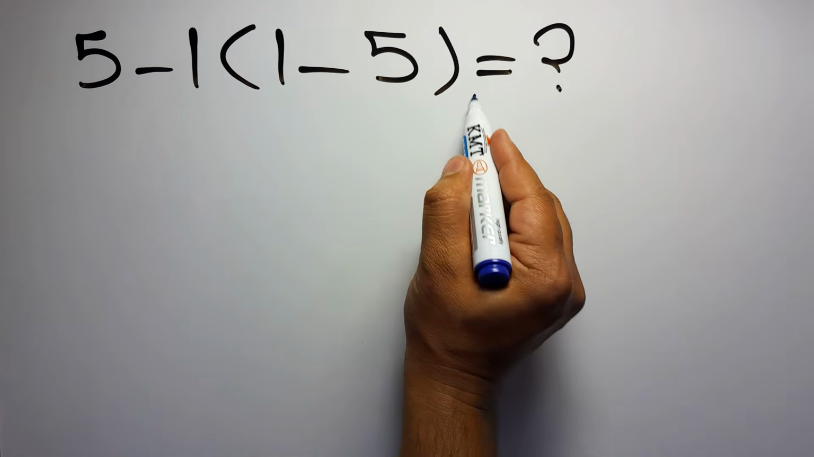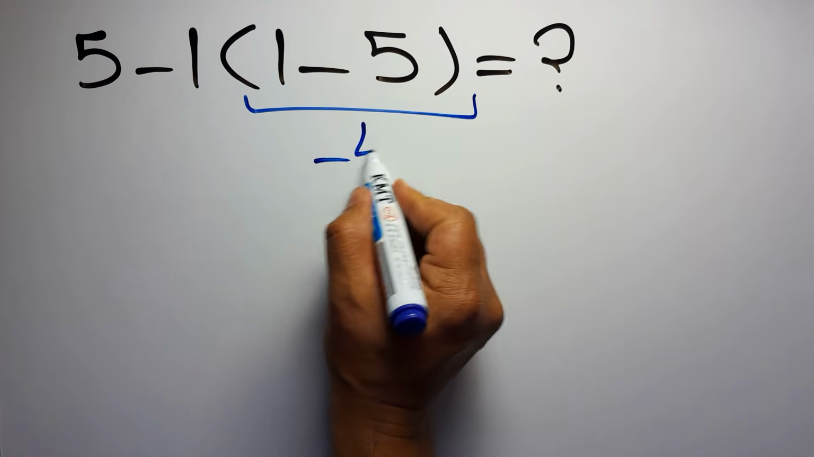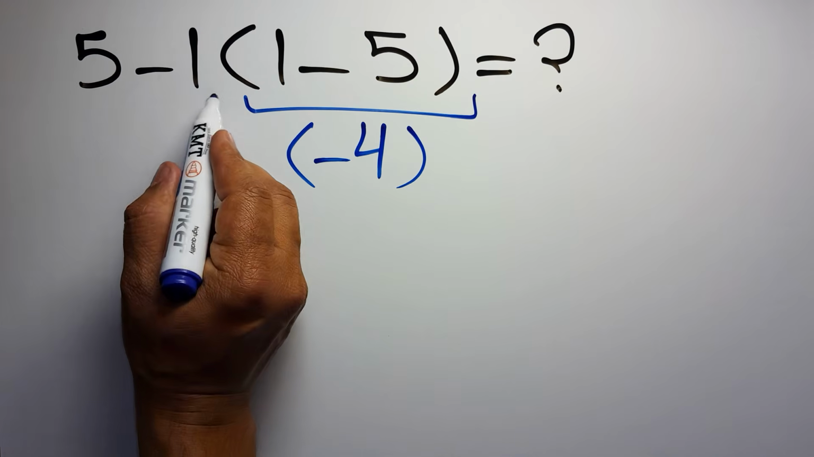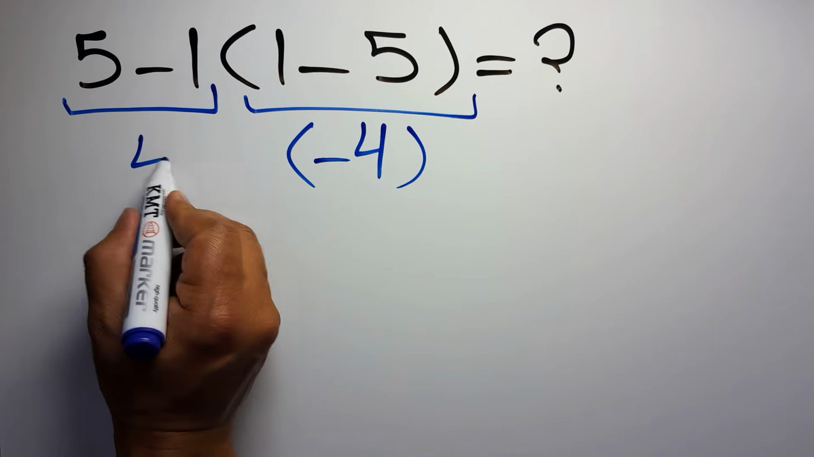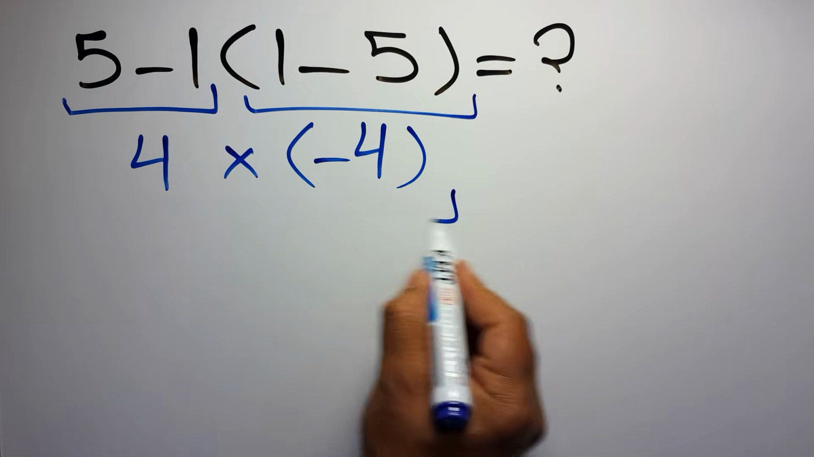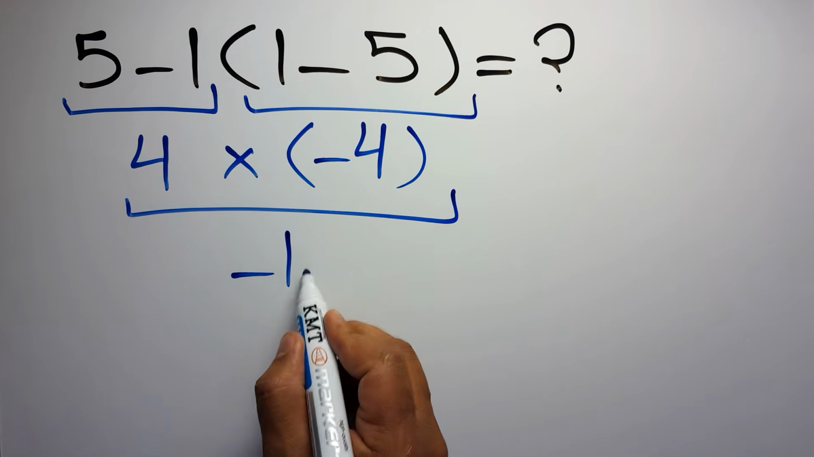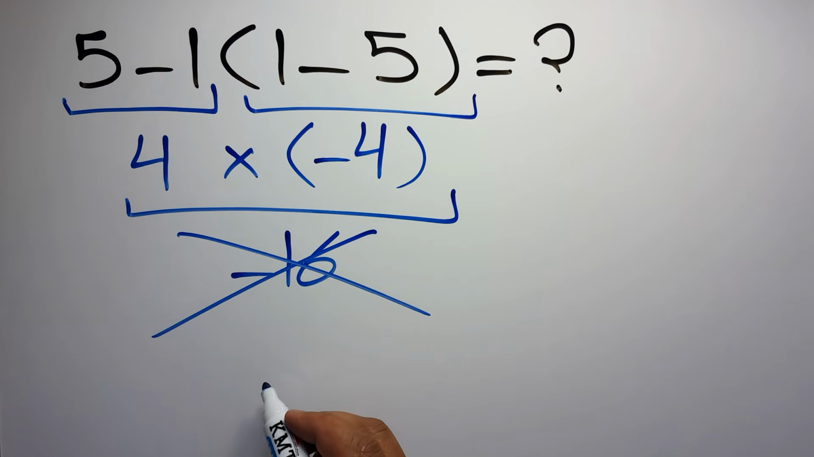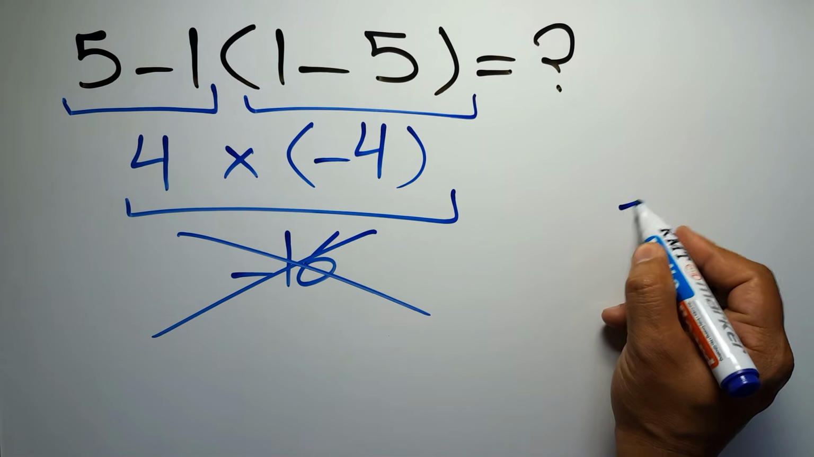1 minus 5 gives us negative 4. And here we have 5 minus 1, which equals 4. So 4 times negative 4 gives us negative 16. But this answer is not correct, because according to the order of operations, which is PEMDAS,